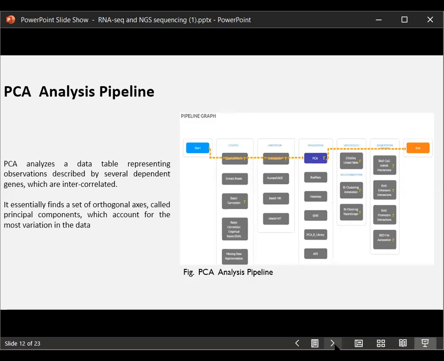The first thing that we performed was an exploratory analysis. That was the PCA analysis. The PCA analysis thus performed helped us to understand if there were any outliers present in the data. And as you can see on the screen, this was the pipeline that was followed, and this pipeline was taken from the T-Bioinfo platform that was provided to us by Pine Biotech.